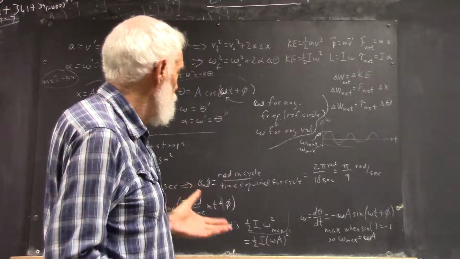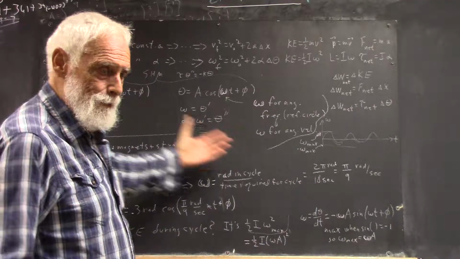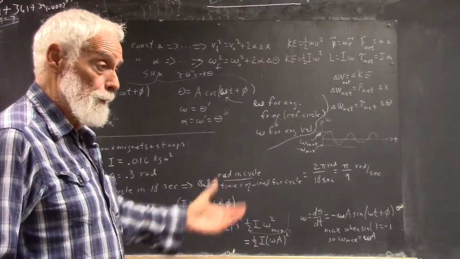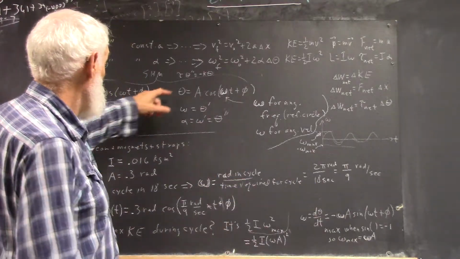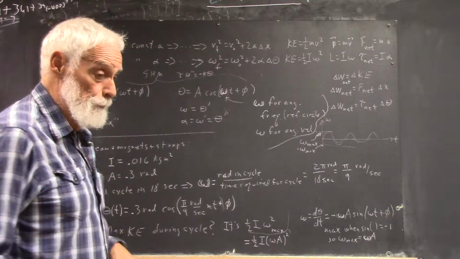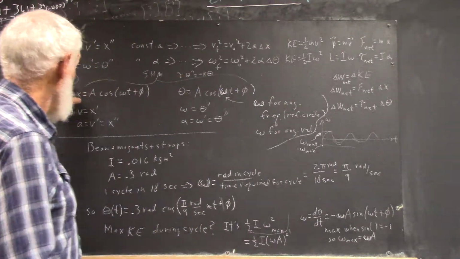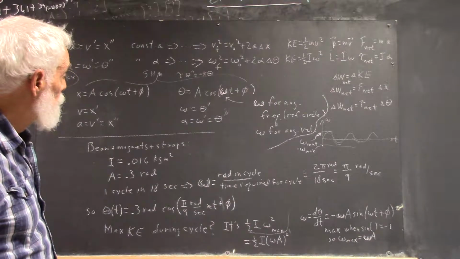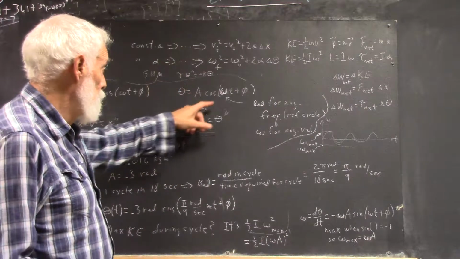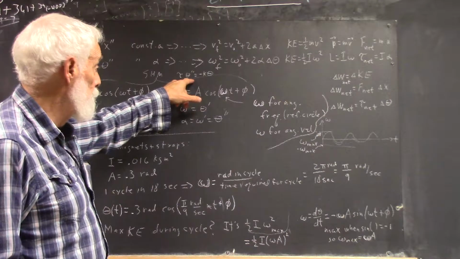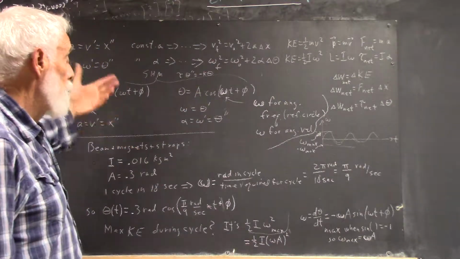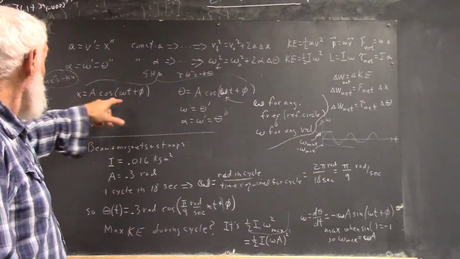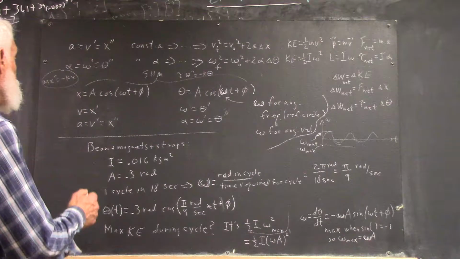Very easy to calculate if we understand how these things are all related. And especially if we understand where this comes from, this equation and this equation. Again, you don't know how to solve those equations, but you ought to be able to prove that if I plug this into this equation, it works if omega equals the square root of k over m. And it does. In both cases,